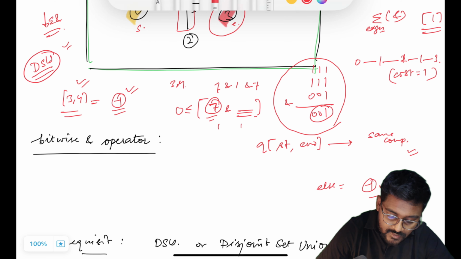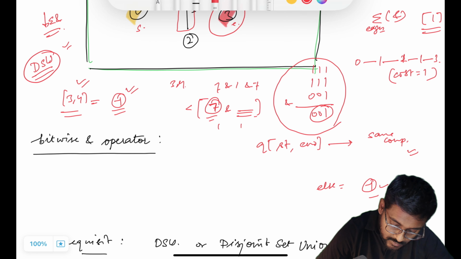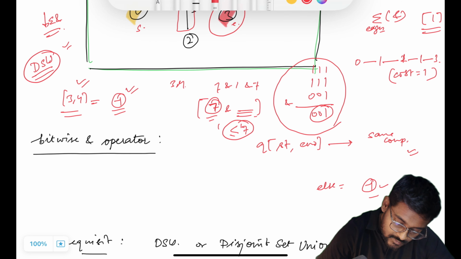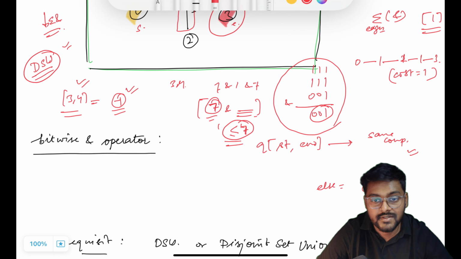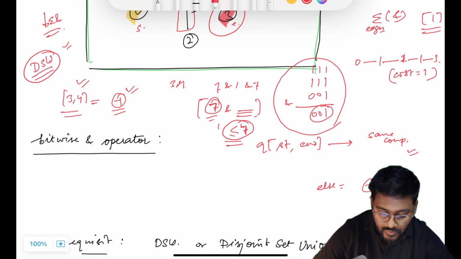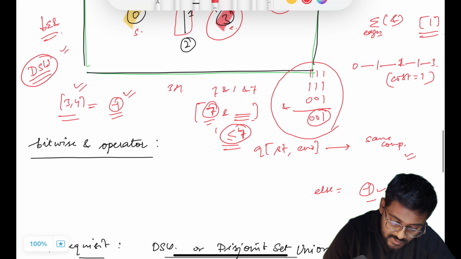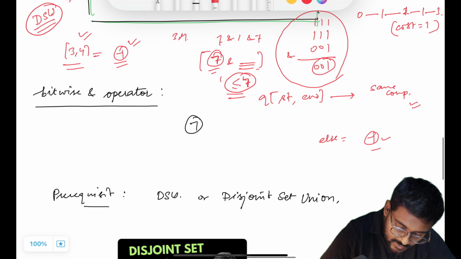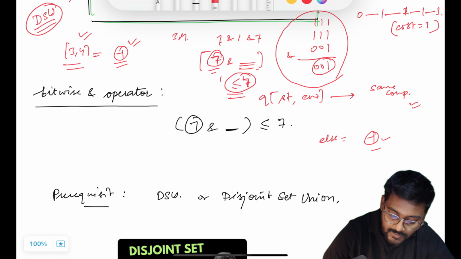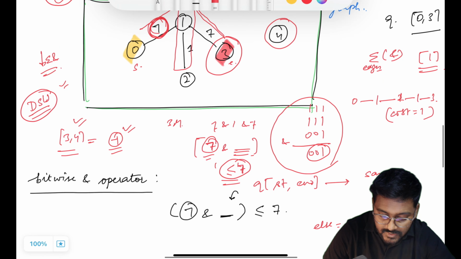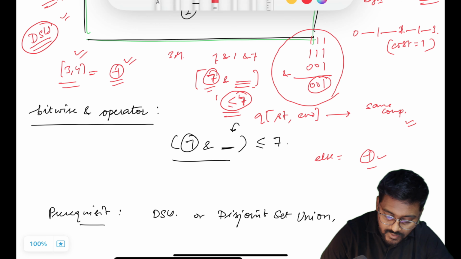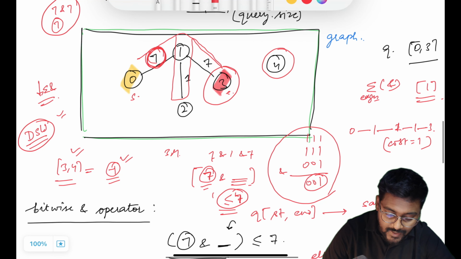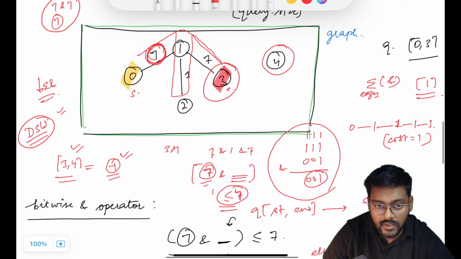So definitely the value is less than or equal to 7, right? If you are taking AND with something, definitely the value is going to be reduced or stay the same. So let's say the first edge is 7. If I am taking AND with something, the resultant value will be less than or equal to 7. If taking AND with any other edge weight, I'm getting some better result. So why not you just take the AND of everything? So what I'm trying to say is that taking the AND of every single edge within that component is going to give me the minimum